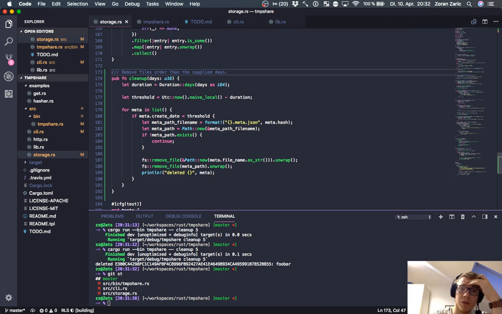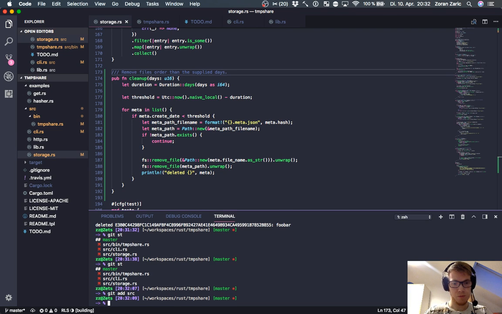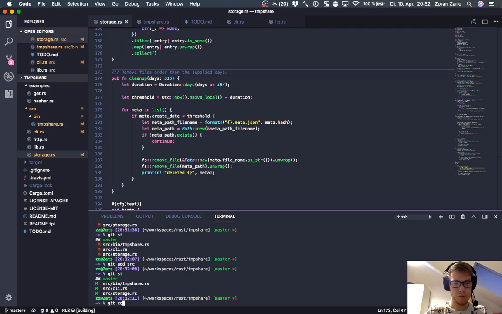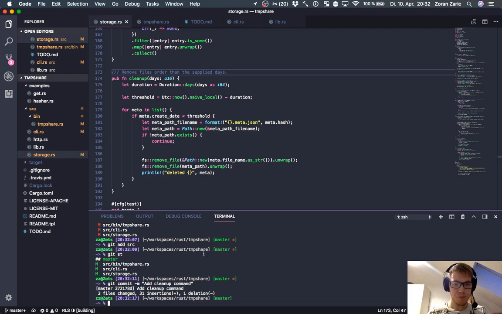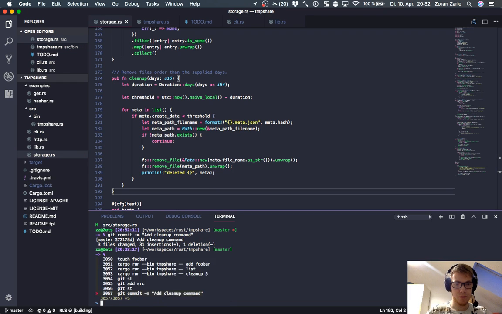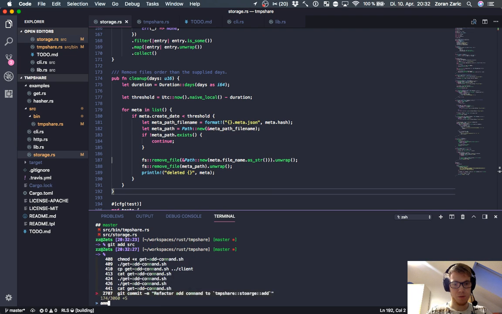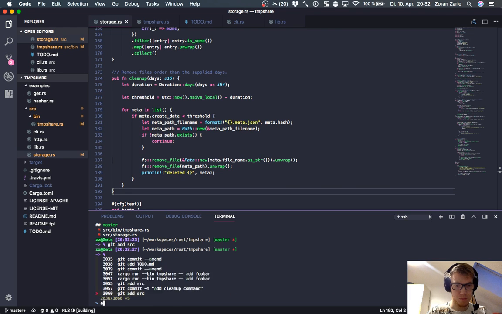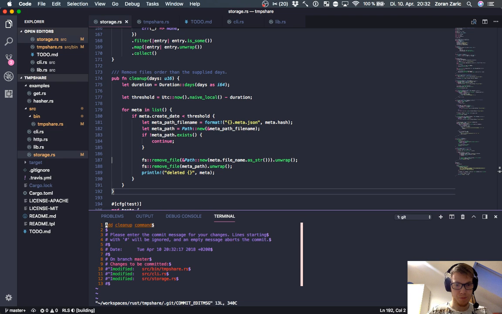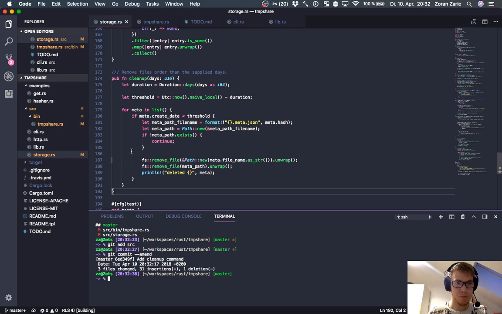Something I was thinking about. Let's first commit this. Okay, so cargo fmt. Okay, so one thing I was thinking about